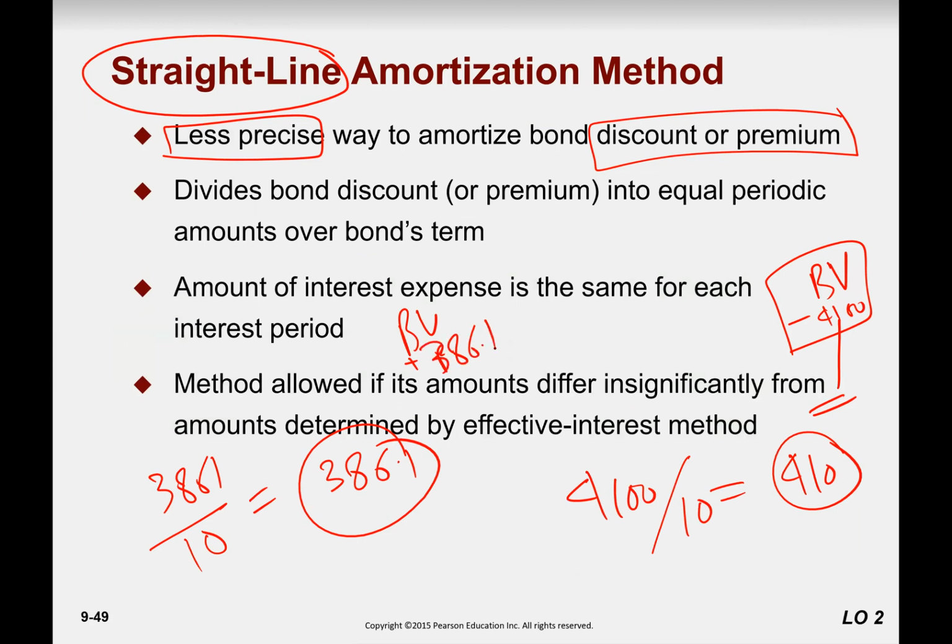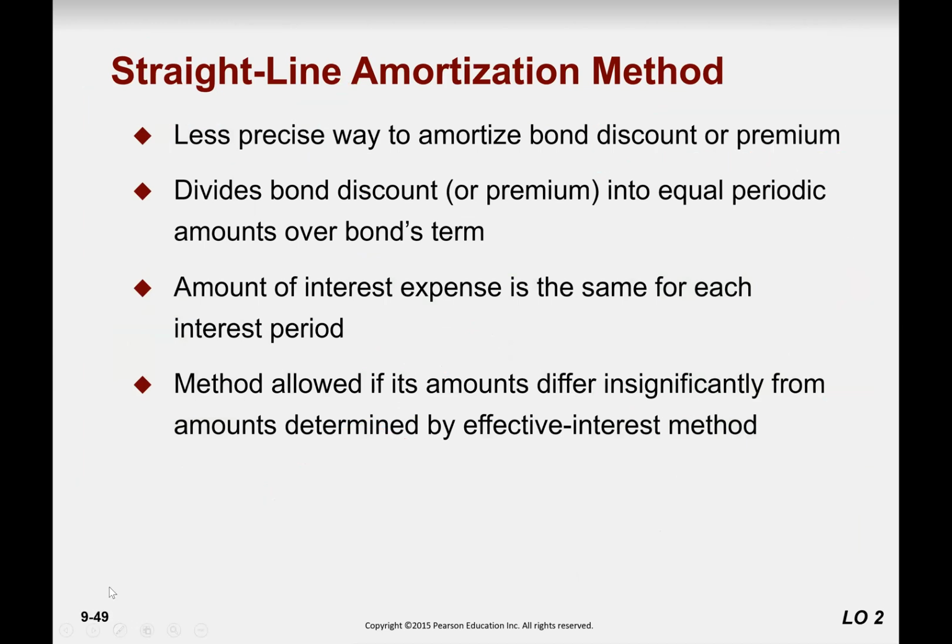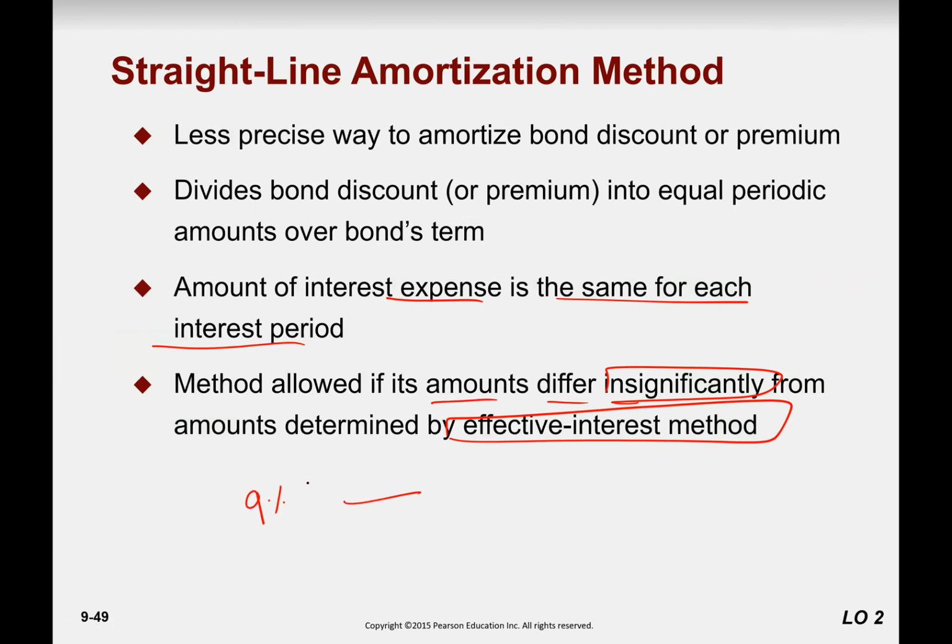But this is not the correct method, right? So the amount of interest expense is the same for each interest period. So the method is allowed if the amount differs insignificantly from the amount determined by the effective interest rate. So if you see that the market interest rate is 9% and your coupon is 9% and market interest rate is 8.99%. So rather